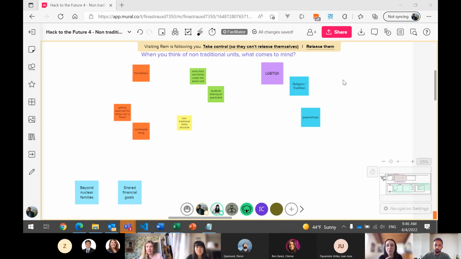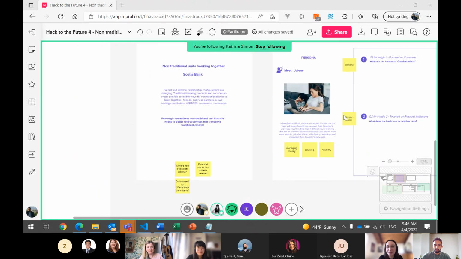We'll try and frame the problem statement, what we're really trying to solve here. And then we'll start to figure out what that gain would be for the persona and what we can create to make their lives amazing and perfect and solve all their problems. We hope so. So with that, why don't we pass it over to Anita and Christina,